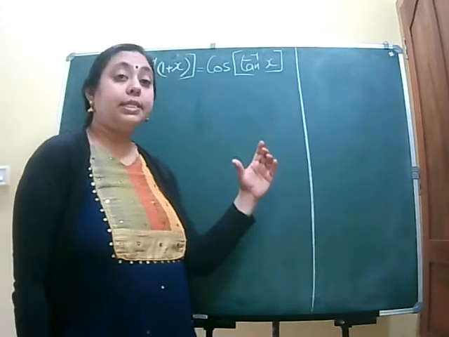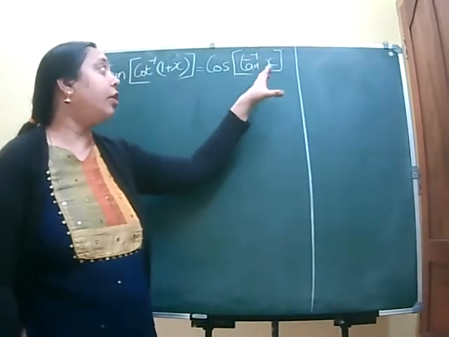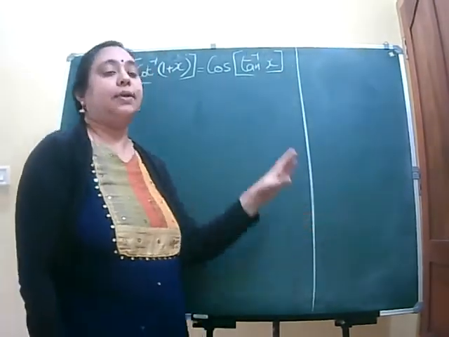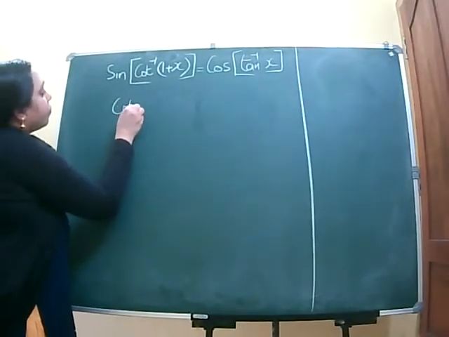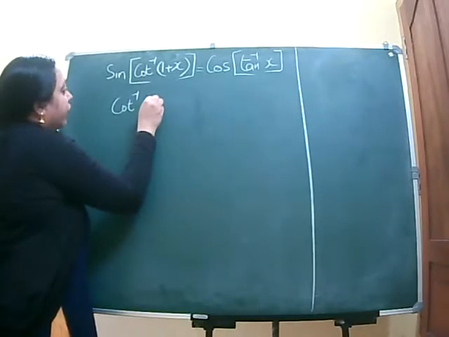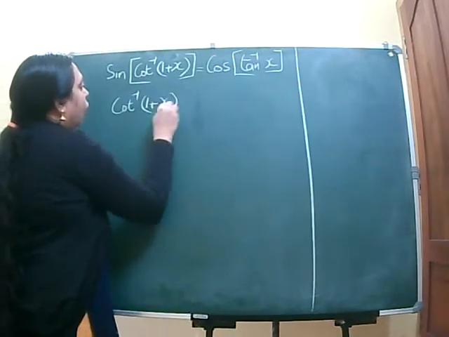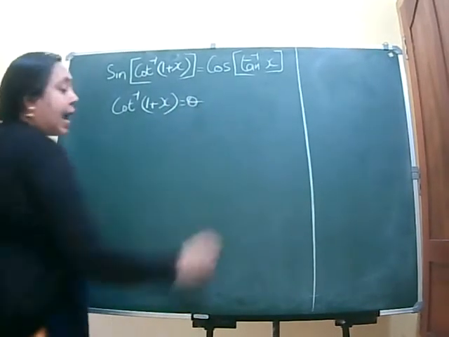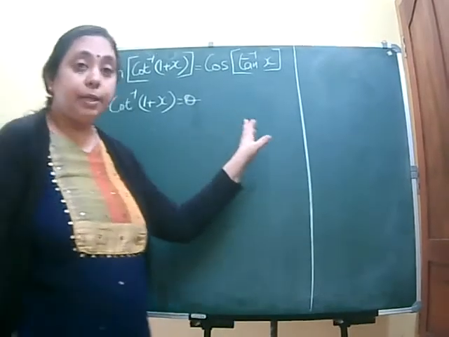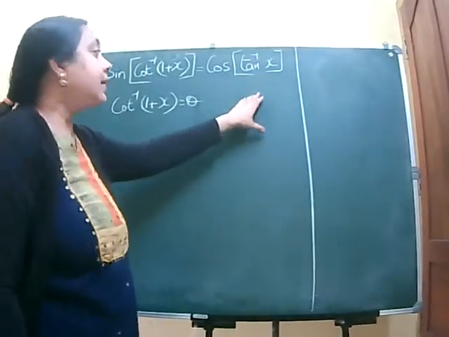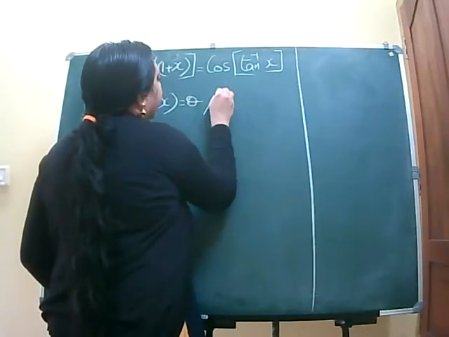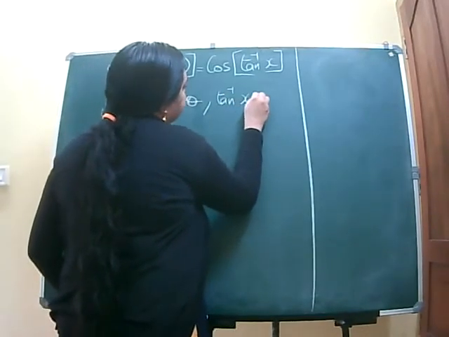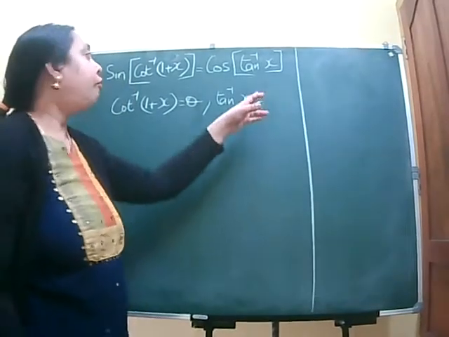Similarly, in RHS, take substitution for tan inverse x. That is, put cot inverse 1 plus x as theta. Similarly, in RHS, put tan inverse x as phi,